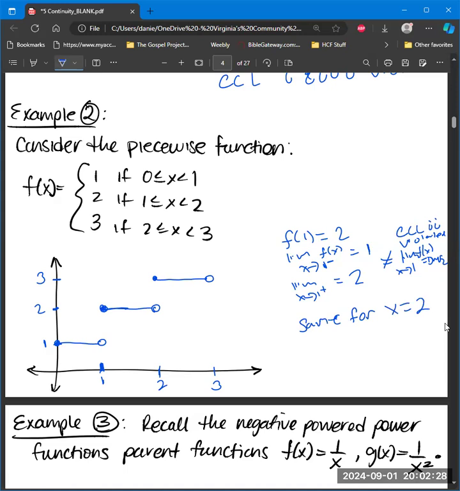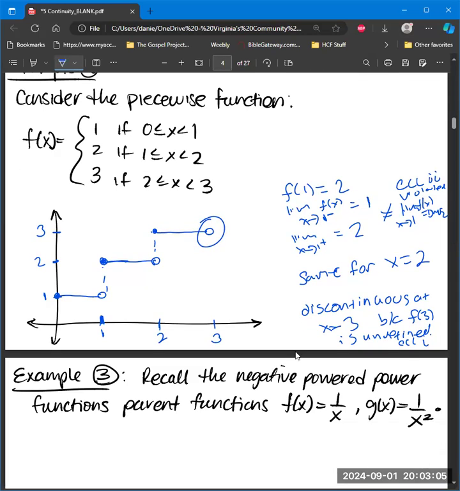And then we're going to have a different type of discontinuity for x equals 3, discontinuous at x equals 3 because f of 3 is undefined, which breaks continuity checklist part 1. So we have 3 different discontinuities here that happen at 1, 2, and 3,